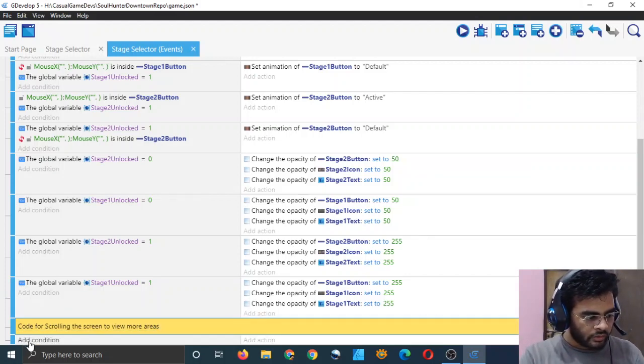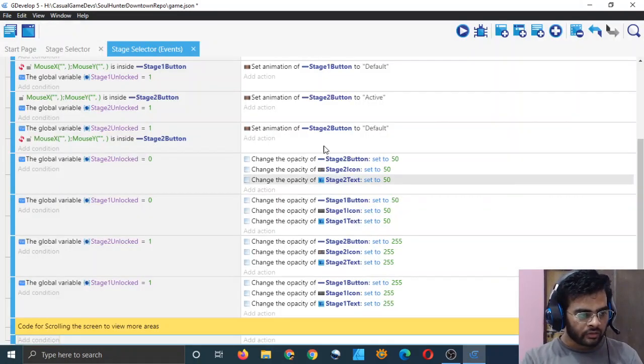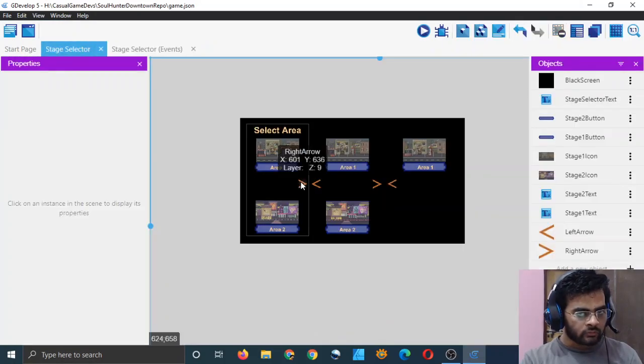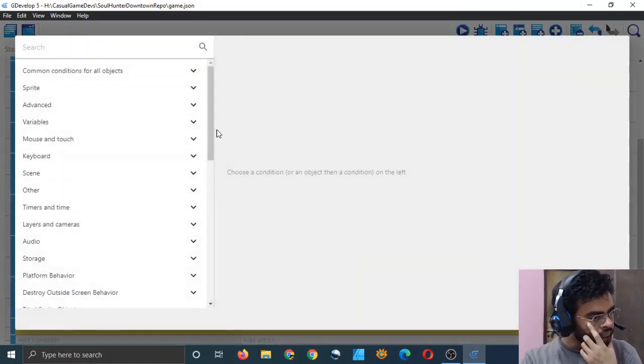So just add a condition. What is the condition? That condition is when our mouse clicks on this arrow. Add condition. Arrow was clicked.